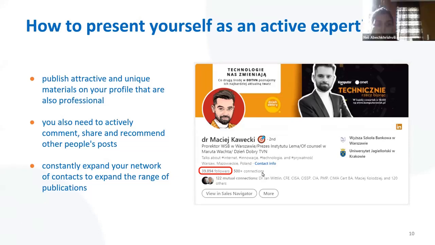It means different forms also, such as movies, graphics, interviews, all kinds of reports. And what is important, you do not have to prepare all these materials by yourself, because there's a lot of very interesting opinion, and that's why